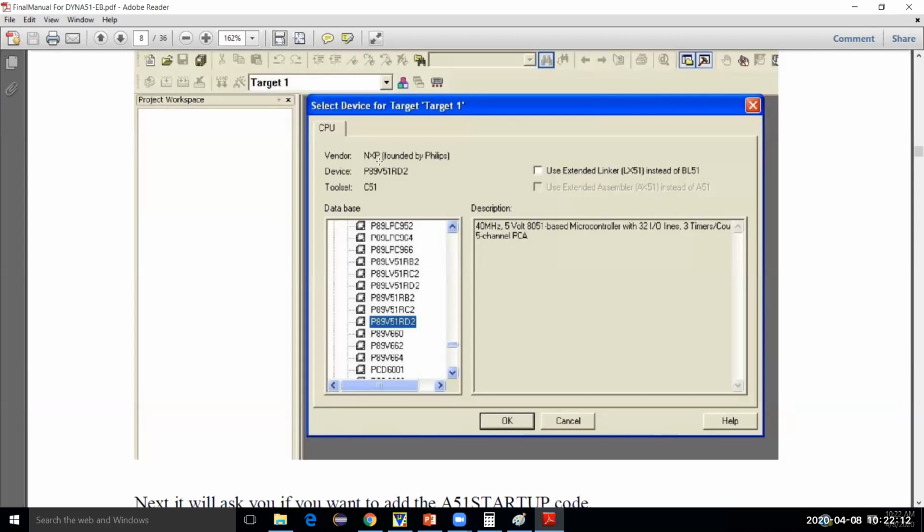If you are using an Atmel kit, then at that time you use AT89C51. This AT89C51, the 8051 device, is actually given by Atmel.